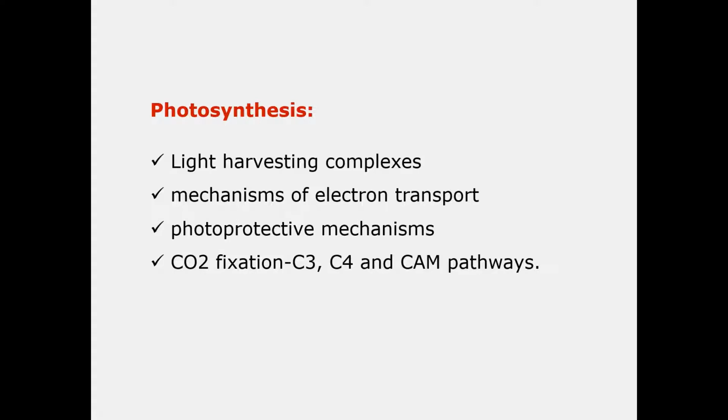Photosynthesis. This is a very important chapter. From this chapter, you will get both 2-mark and 4-mark questions. Here, the structure of chlorophyll, photosystem 1 and photosystem 2, and how photosystem 1 and photosystem 2 are distributed in the thylakoid membrane are very important, and also the mechanism of electron transport, cyclic and non-cyclic photophosphorylation. What are the inhibitors of photophosphorylation? That is very important. Mostly you will get 2-mark questions about those inhibitors.